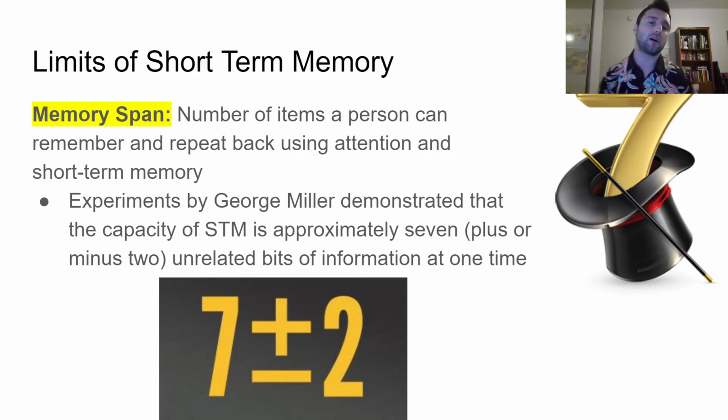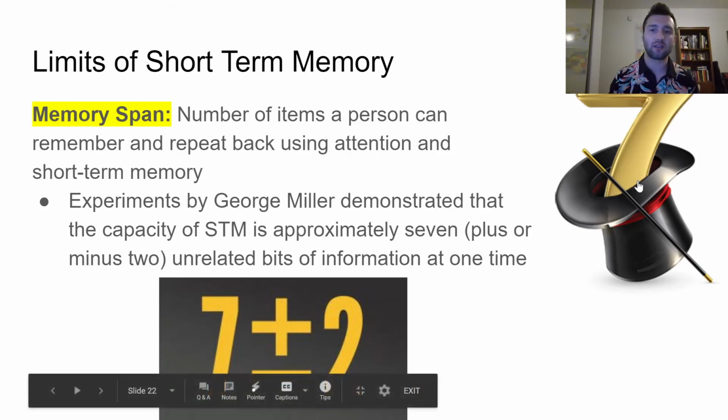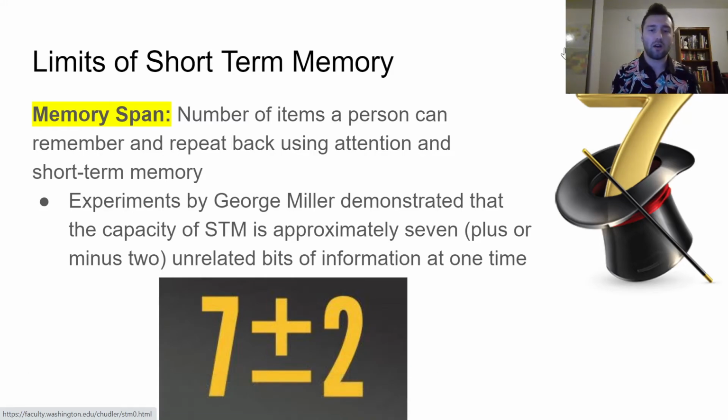So we found the general idea of what we believe the memory span is from a psychologist named George Miller. George basically did pretty much the test that we did, although it was a little bit different. And what it gave us was what we call the magic number 7, which is why we have 7 in a nice little hat here, right? The magic number 7 is basically that human beings, on average, can hold 7 plus or minus 2 unrelated pieces of information. So 7, or somewhere between 5 and 9 random letters, random numbers, random objects, whatever, that we can remember